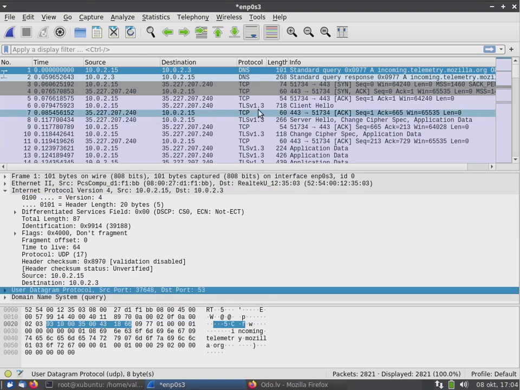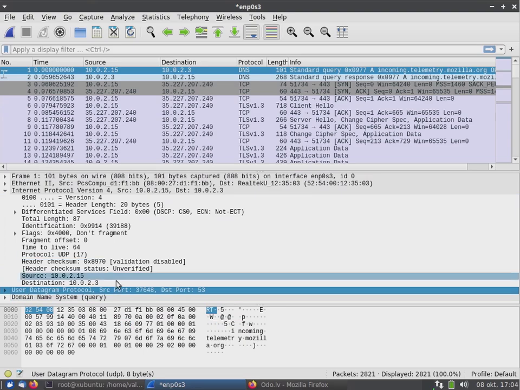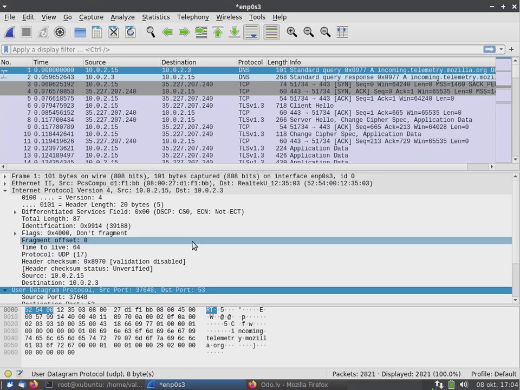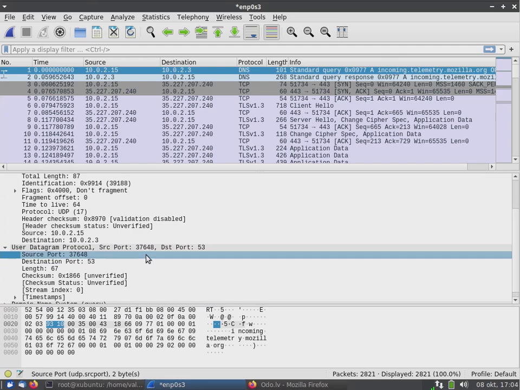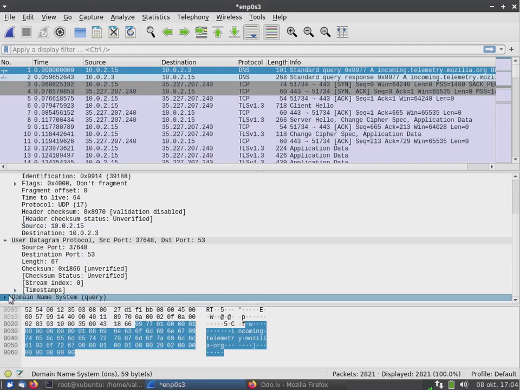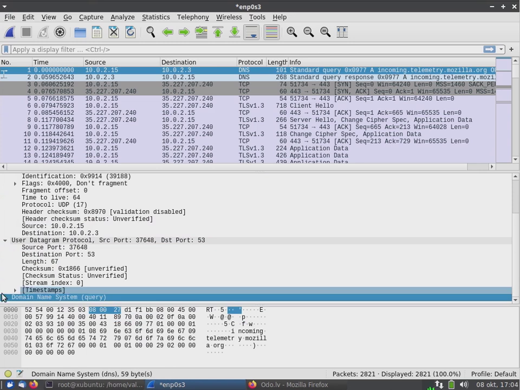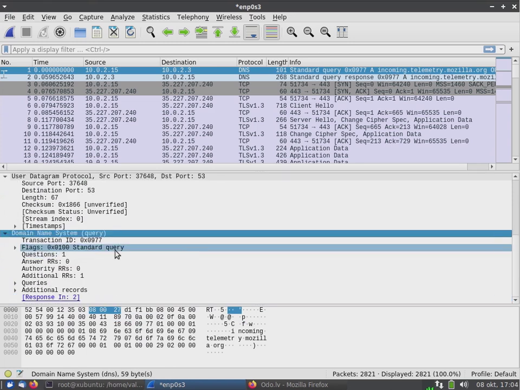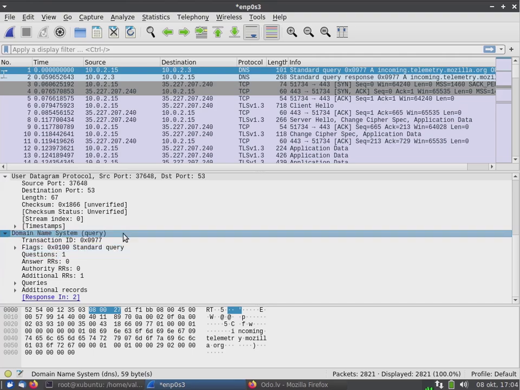Because these data are UDP protocol, we see additional data like source port number and destination port number, and then the actual data here, which we will look at in detail later.